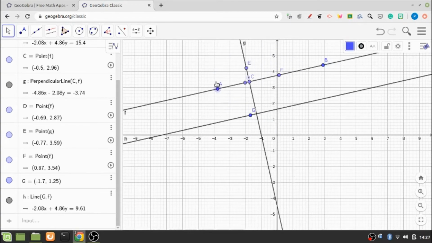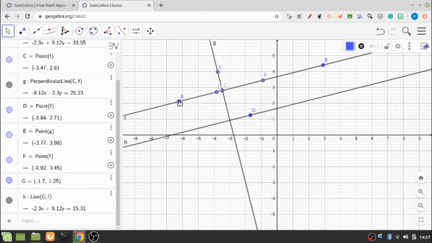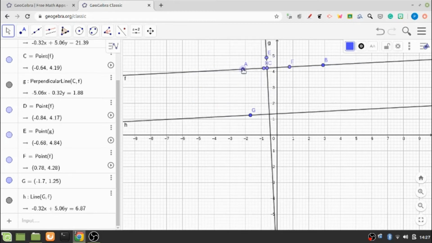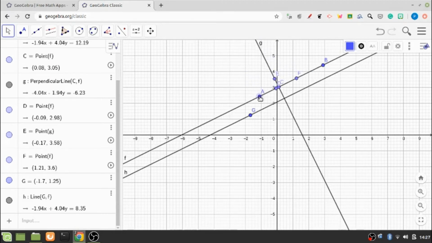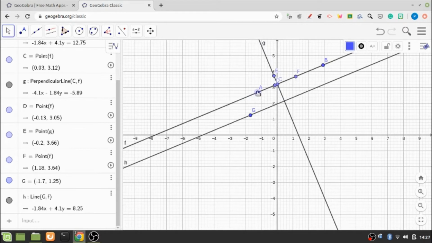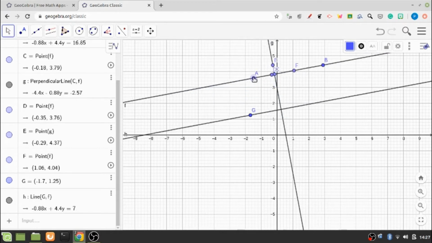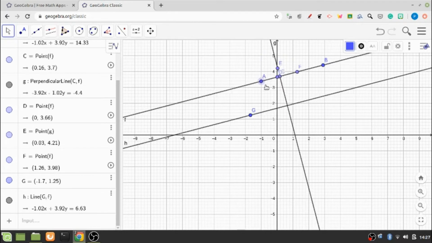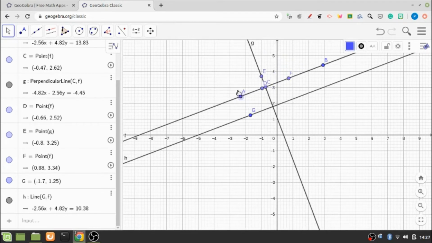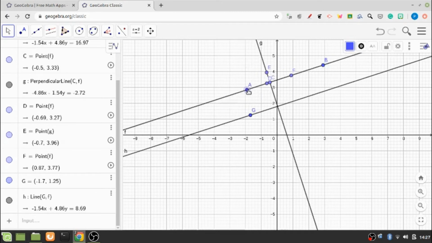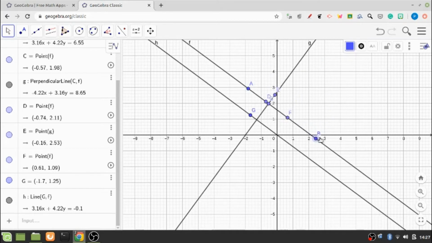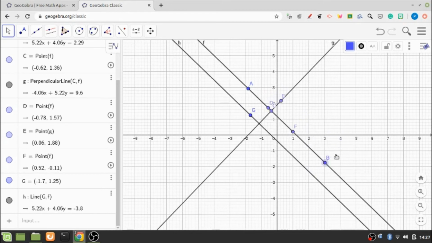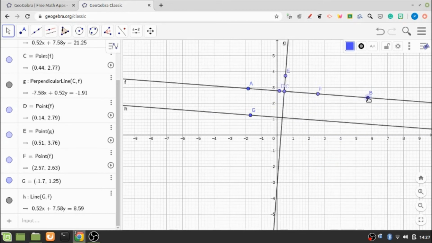You are seeing that when I'm moving this particular point A, or moving this line F, accordingly the line H is also moving, and you can see its property, that the H line is still parallel to the line F. That means even if I am changing its position and its direction, its property of being parallel to the previous line is unchanged. I click on the point B and try to move it, and again similarly you can see both the lines are still parallel, its property doesn't change at all.